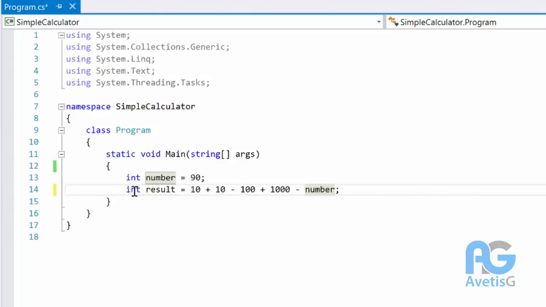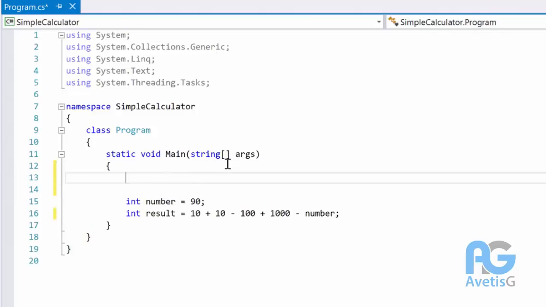But in this case, we're dealing with an int. So what we want to do is take an input from a user, convert it into a type of int, then use it in our expression. So let's go ahead and do that. You already know how to take an input from a user, so I will say string input equals Console.ReadLine, and then this is our input. So now